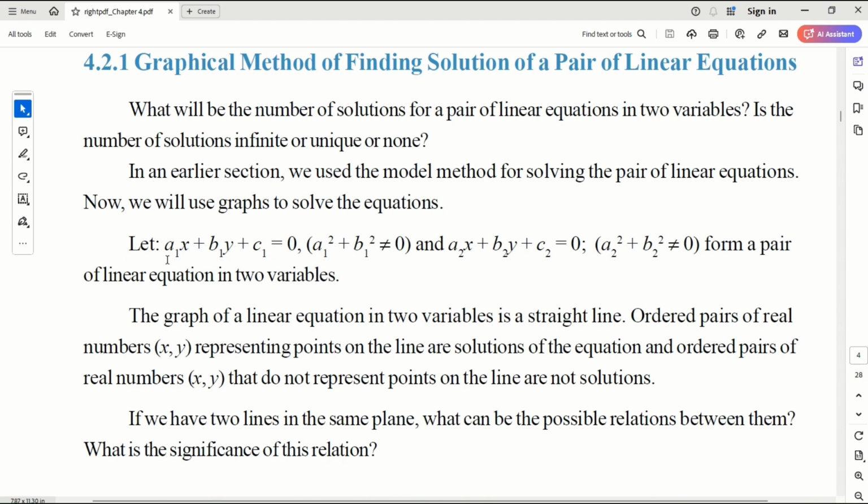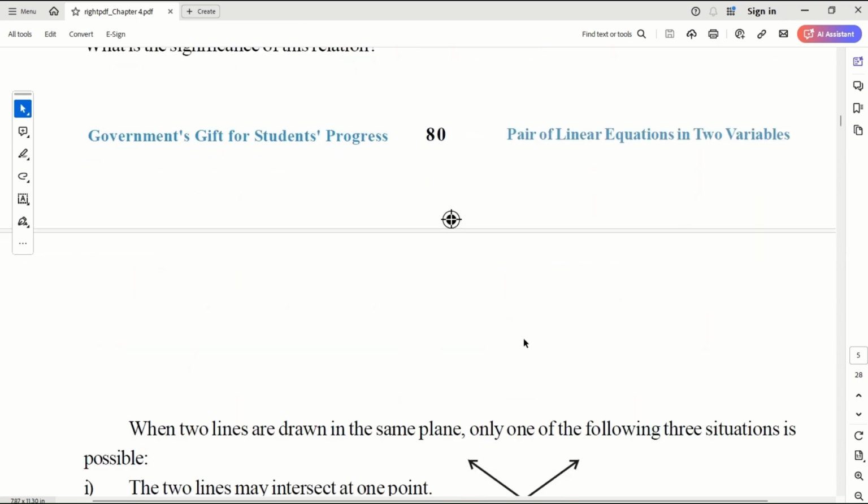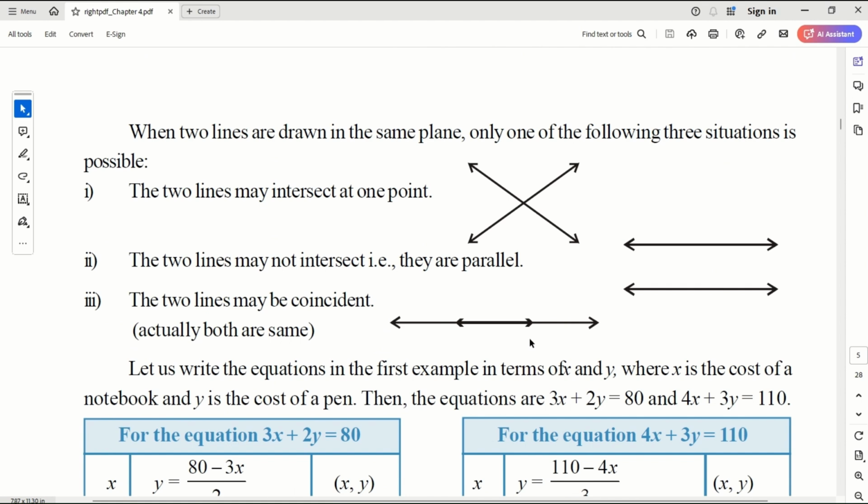So we know the linear equation, that is a1x plus b1y plus c1 equal to 0. Okay. And a2x plus b2y plus c2 equal to 0. These are the pair of linear equations, and both can be drawn in a graph actually. Okay. When you draw two lines on a graph, you have three possibilities, right? One is the two lines may intersect,